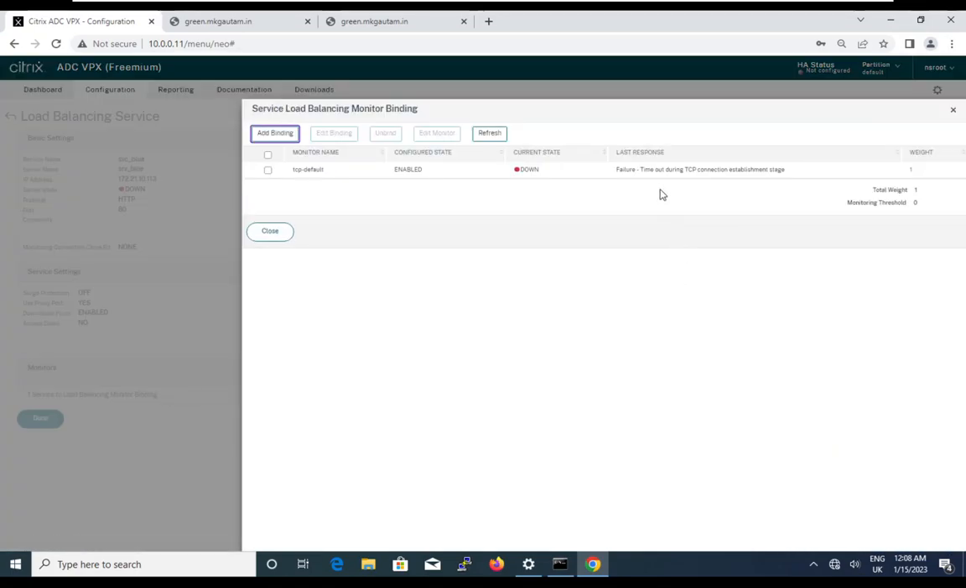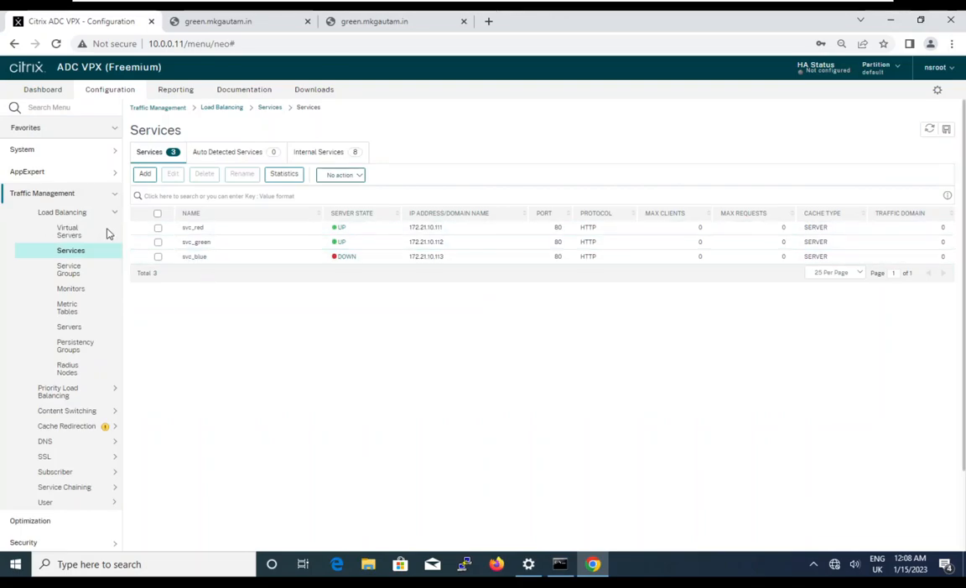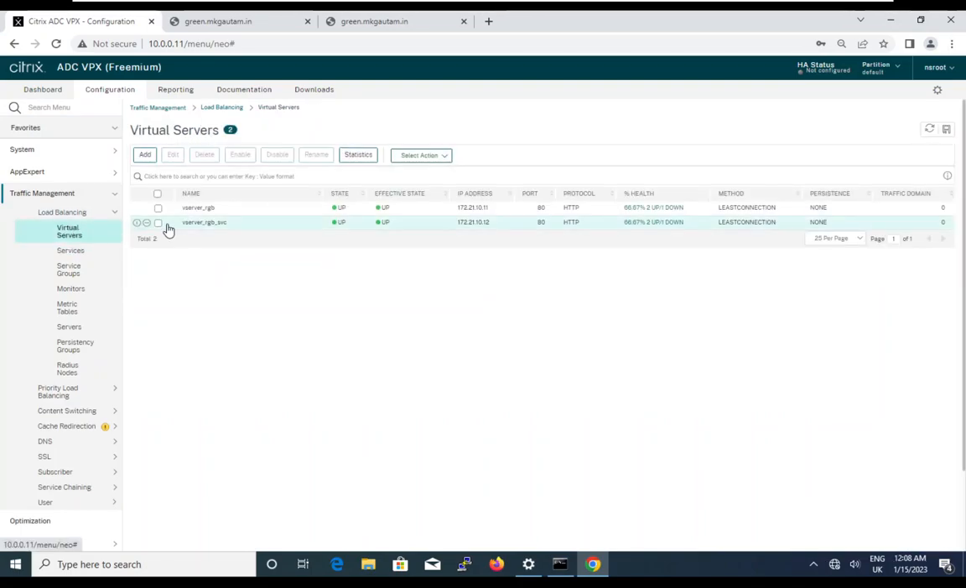monitor. Now you will see failure. It says failure, timeout during TCP connection establishment stage. It means my monitor is doing a default TCP monitor, a TCP handshake with this server 113, which is actually down, and it is not getting any response. So it marked this monitor as down, and because this monitor marks this server as down, this service will be down, and if the service is down, at the VIP level,